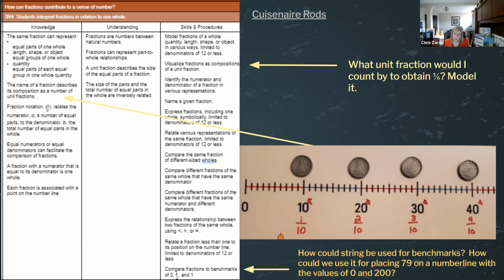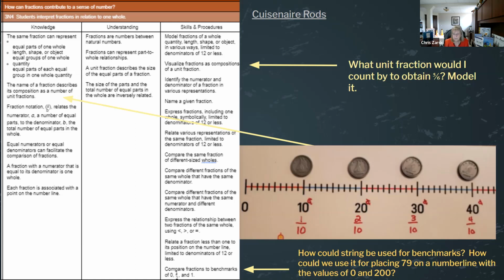So if I take my 200, this piece of random yarn you gave me, fold it in half, I know where I can put my marker for 100. So I know where 100 is. So now I can try and guess about where 79 might fit. Certainly not right beside it. Certainly not way over on the other end closer to 0. So they should have a reasonable estimate about where 79 would go.